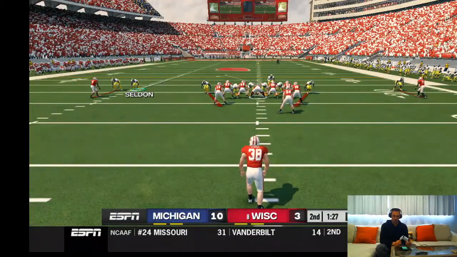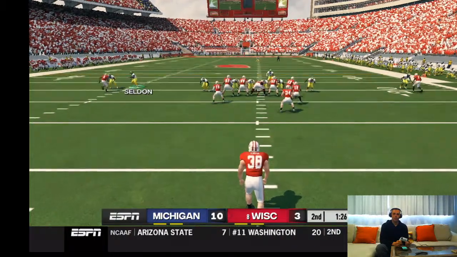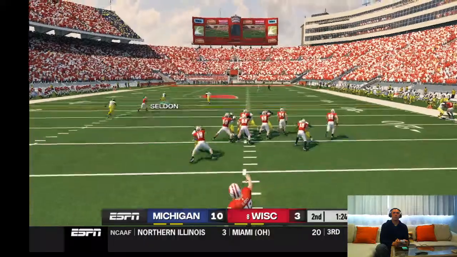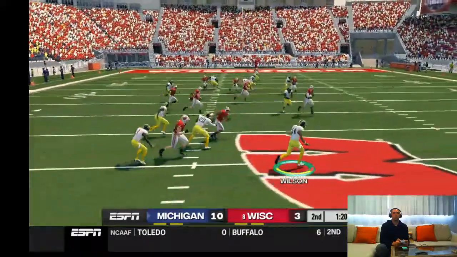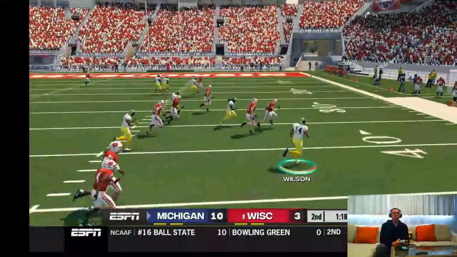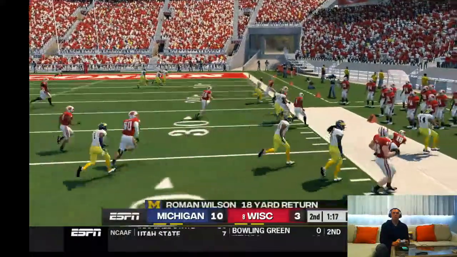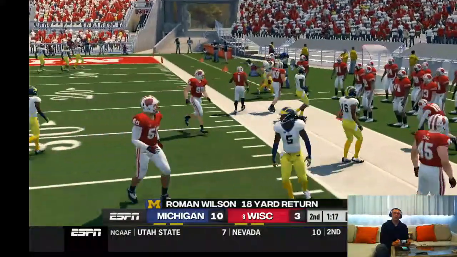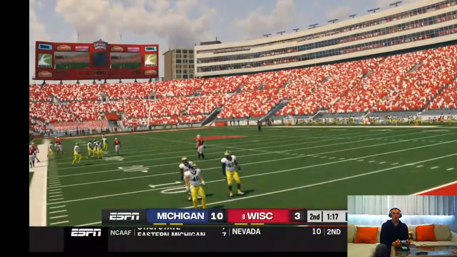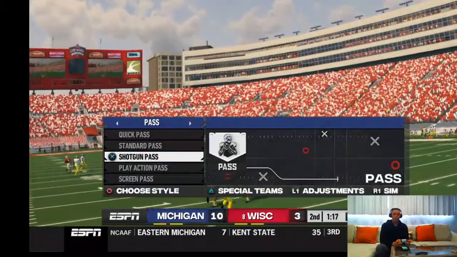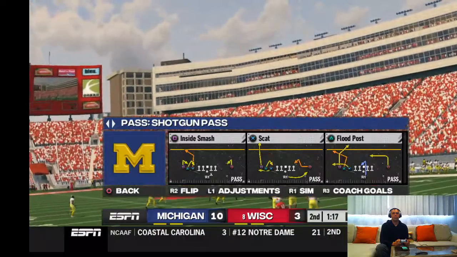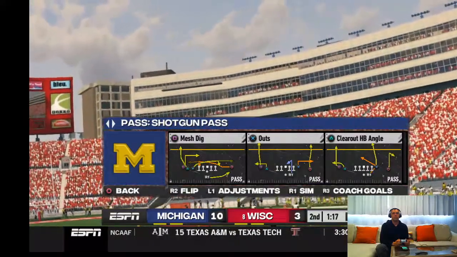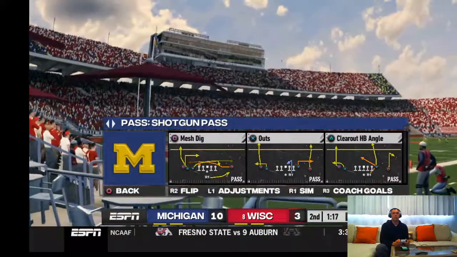Well, let's see if we can get Joe Milton and Wilson any kind of rhythm back here. Deep to return. Wilson takes it at the 45. Room around the corner. And he's shoved out of bounds at the 37. Both offenses have played it safe so far in this one. No reason to risk a fumble there. Yeah, because they've been so conservative, it's made it pretty easy for both of these defenses to be pretty dominant. Let's see an offense open it up and take a few chances.